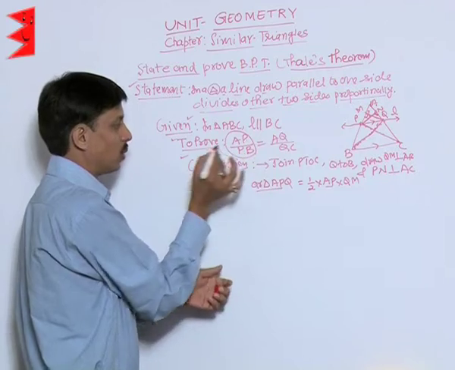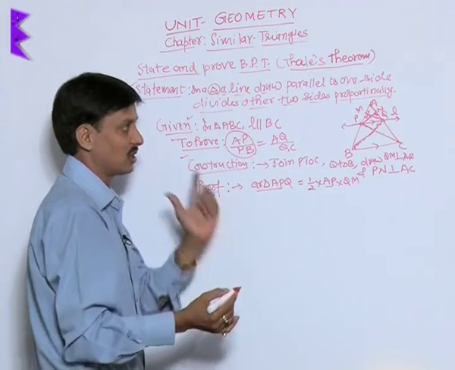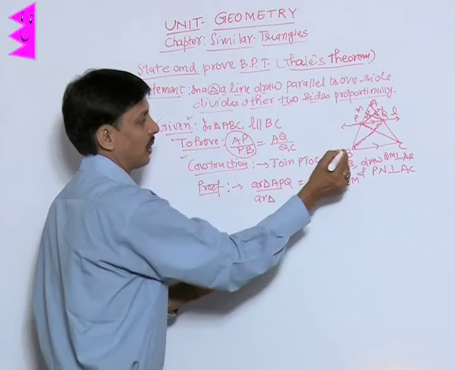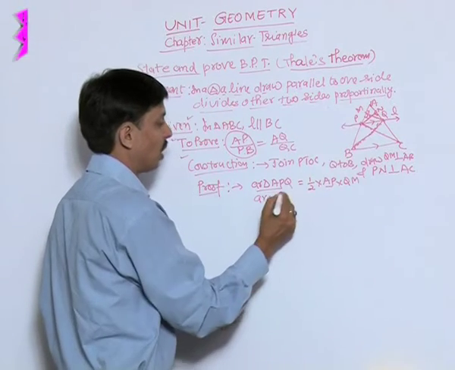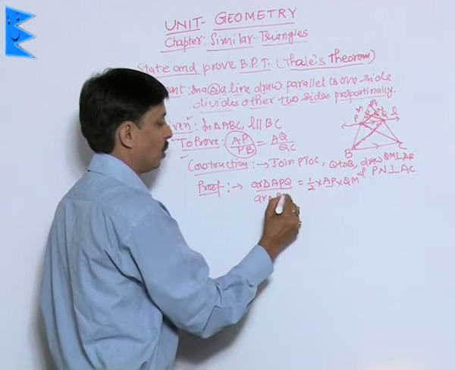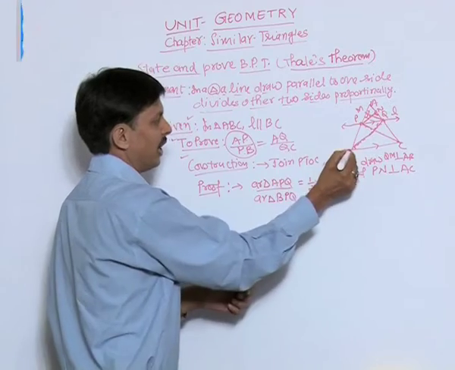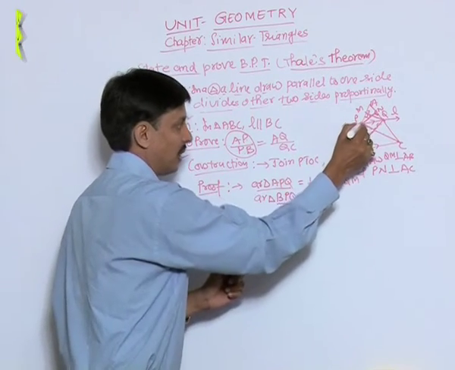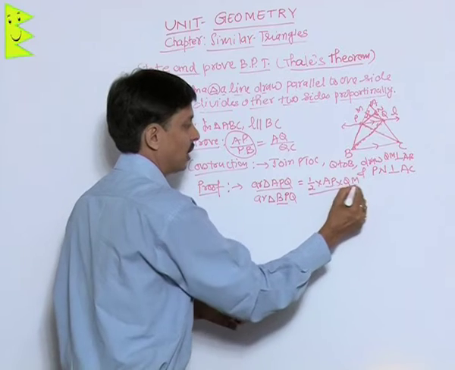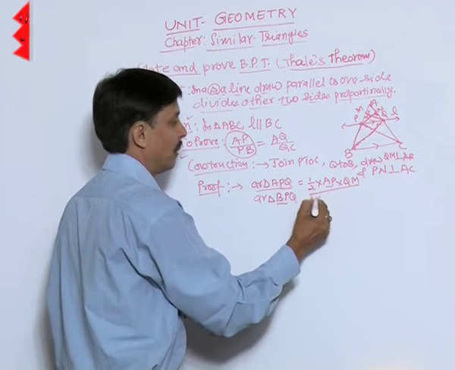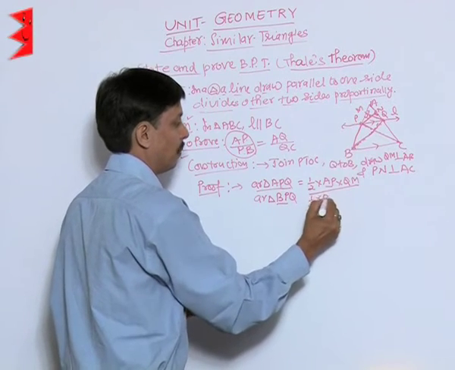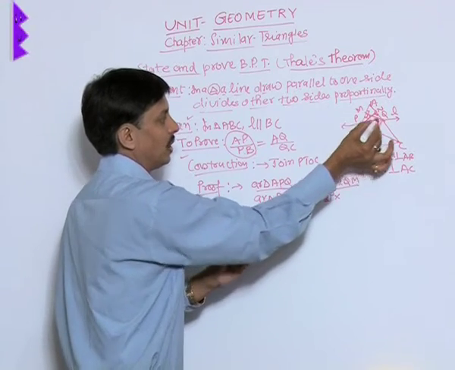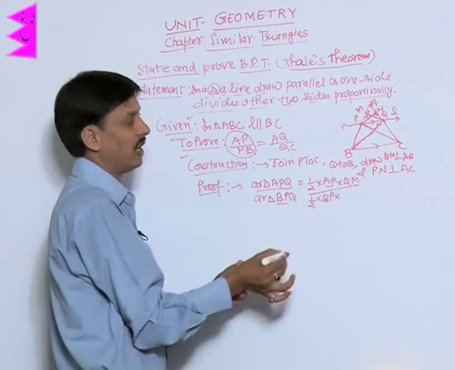After AP we need to take BP. So we will consider such a triangle where BP is involved. Now we are taking the area of triangle BPQ. All the time this PQ has to come. Area of triangle BPQ: I want to take BP as side, so I am taking BP as base. Its area is half, base is what? BP.